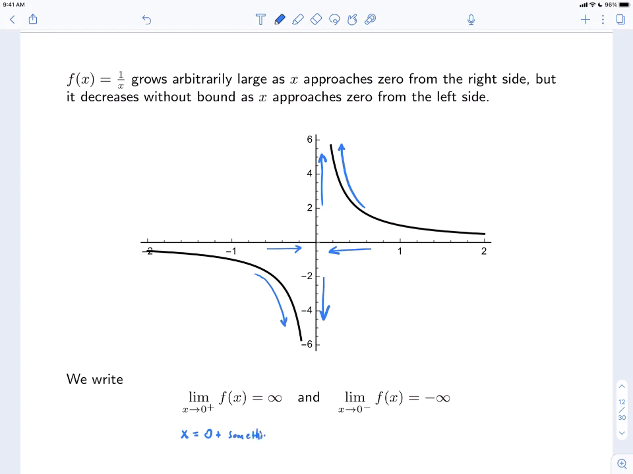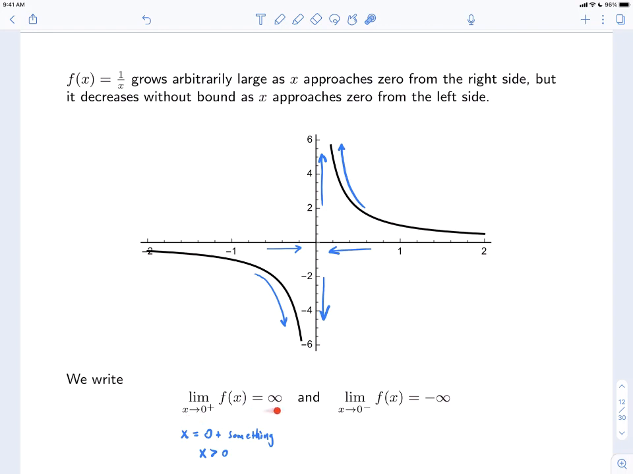So in particular, x is bigger than 0. So this notation, x approaches 0 plus, means that x is 0 plus something, or it's bigger than 0. You're approaching from the right. So if x is approaching 0 from the right, then the outputs are, well, we say that the limit is